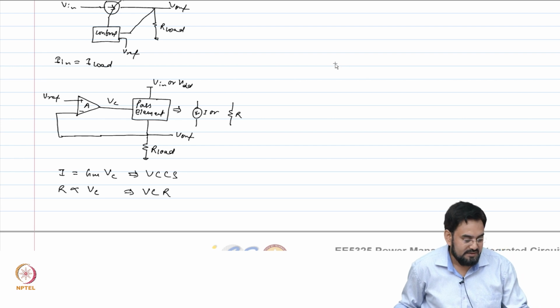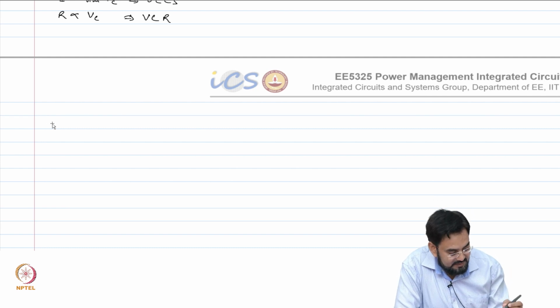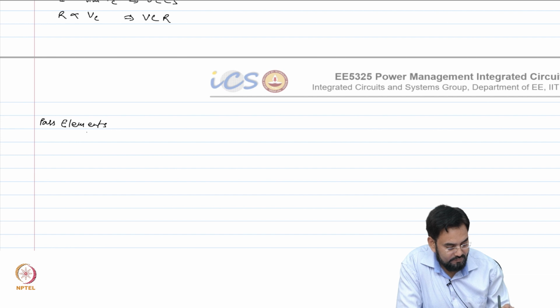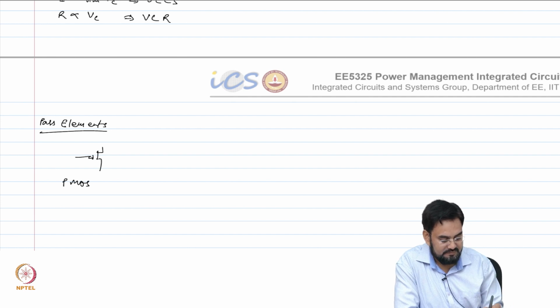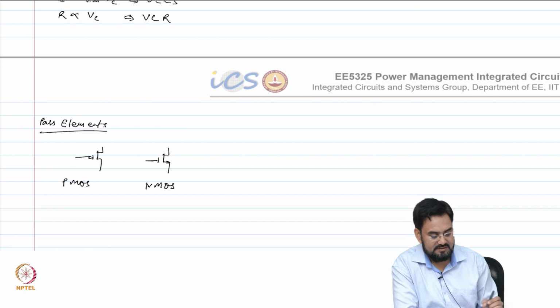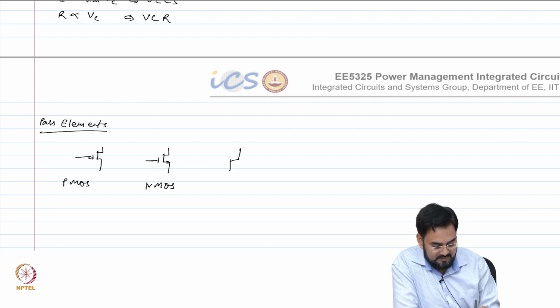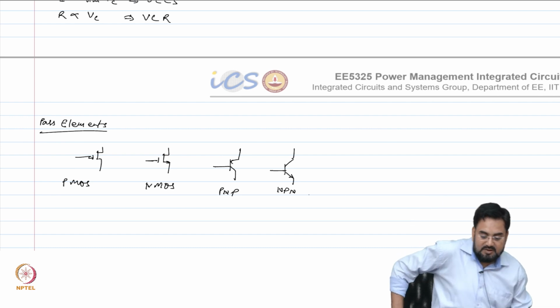We saw that you have a negative feedback with the pass element, and where the pass element could be a current source, voltage controlled current source or resistor, and these pass elements can be, so they could be your PMOS, NMOS, PNP, so they could be bipolar or MOSFET transistors,